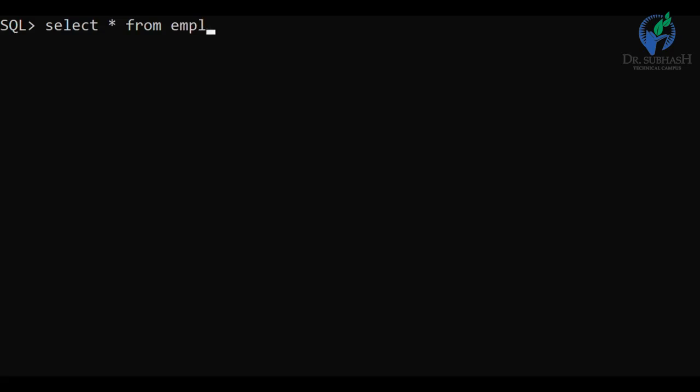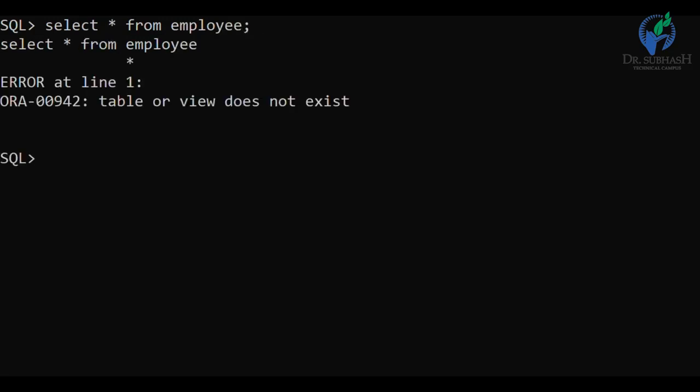Before performing the index, I want one table. So, I want to create a table, employee. First of all, I will check whether the employee table is available or not. So, in my system there is no employee table available. So, I need to create an employee table. So, starting with how to create a table for performing an index,